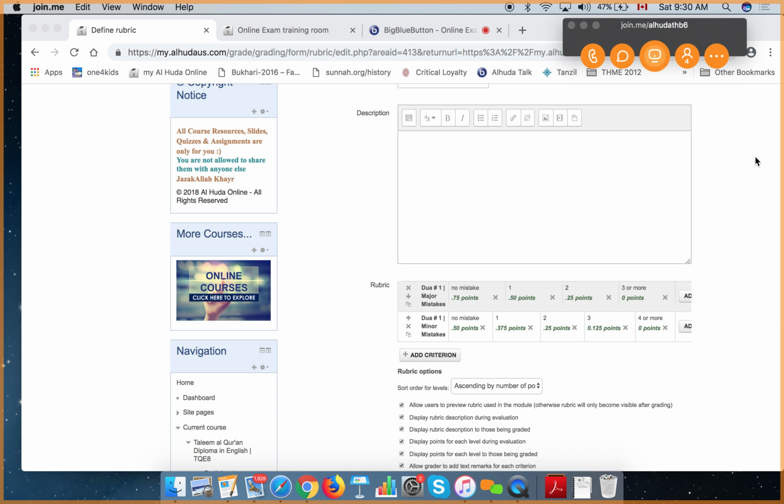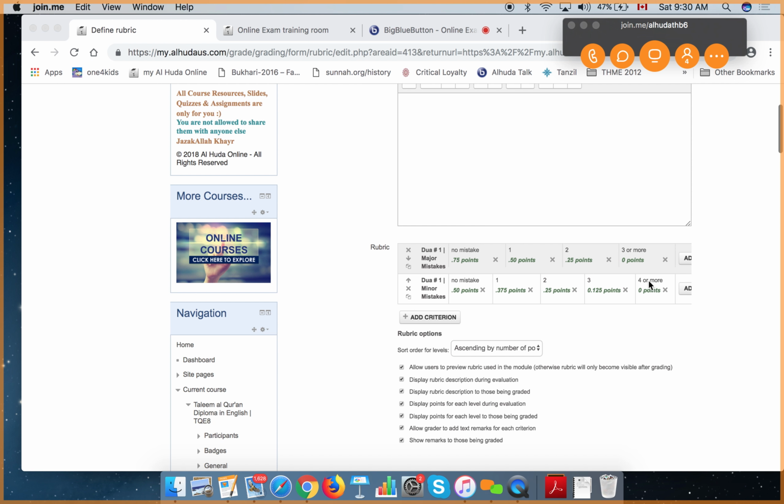Usually we recommend doing this: 0 for 4 or more mistakes, because we just give them 0 marks for that. If a student has memorized and they want to take a retest, we will just open the same rubric and give them marks for the dua they got tested on. Otherwise we can just give them 0 for 4 or more mistakes, or 3 or more mistakes, because it's just adding more work to add another level saying not memorized. The marks, we